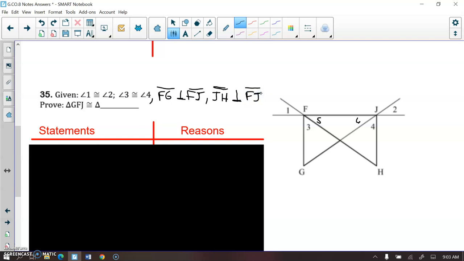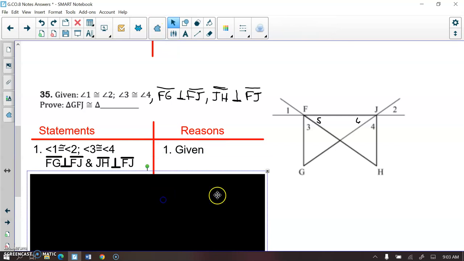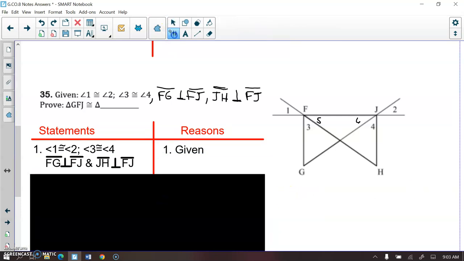Okay, so we're going to write our given, which is all of this. So let's mark that on our figure. I have angle 1 and angle 2 congruent. I have angles 3 and 4 congruent. I have FG perpendicular to FJ, so this is a right angle, and JH perpendicular to FJ, so this is a right angle. I'm trying to prove triangle GFJ, so this whole triangle here,